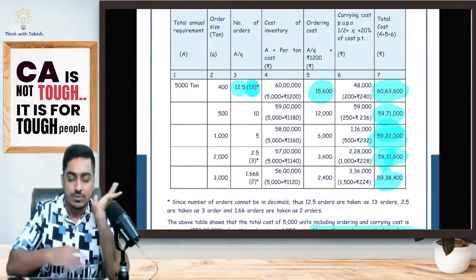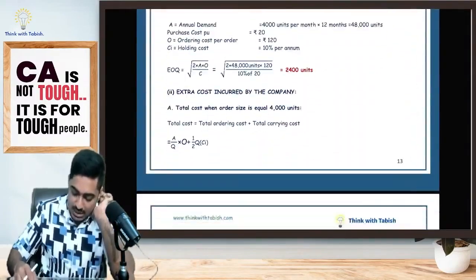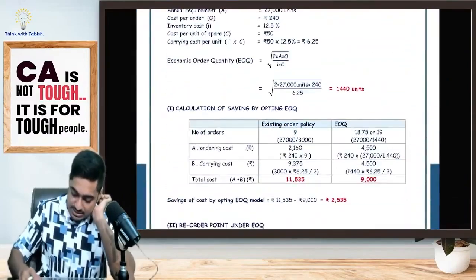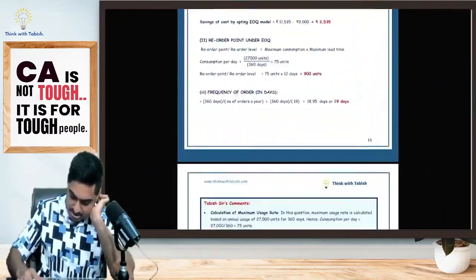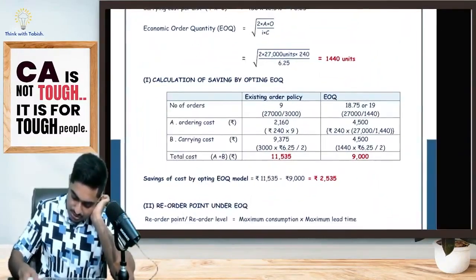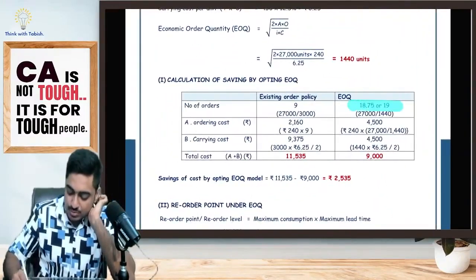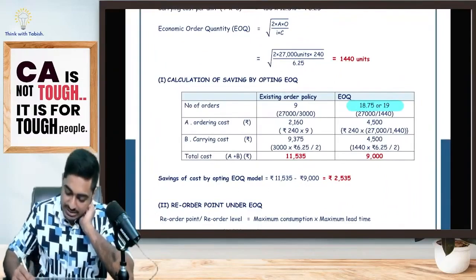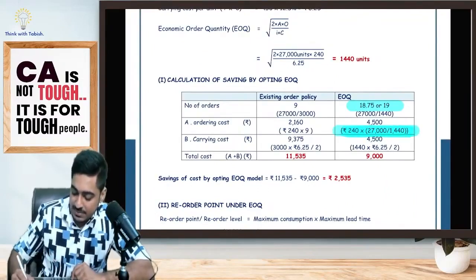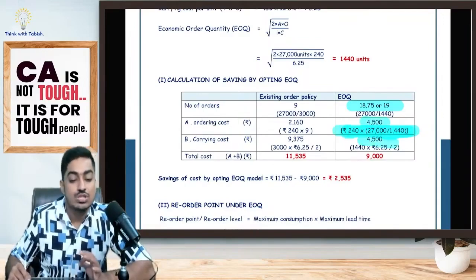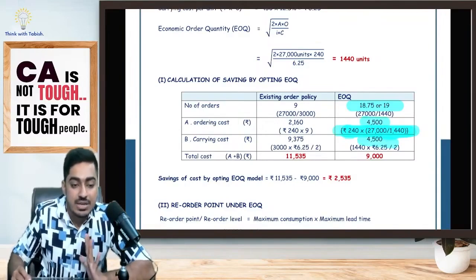Practical question 4, I think, of the study material. Now I will come back here again, to the 8th question. In this question, ICI is telling two options, 18.75 or 19. But while doing the calculation, it has done the calculation based on 18.75. If you see, 27,000 divided by 1,440, 18.75 into 240, 4,500, 4,500. So a small rounding off could be possible.